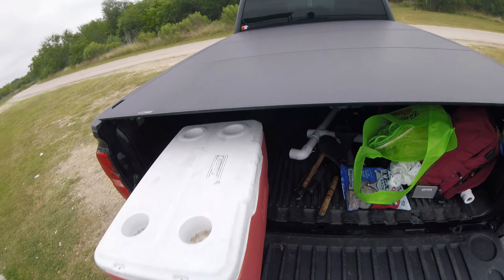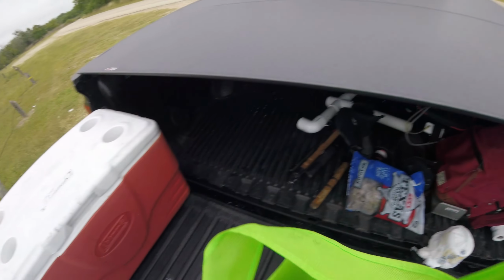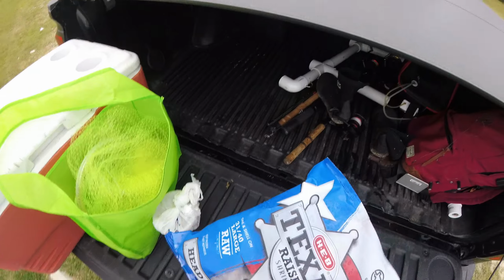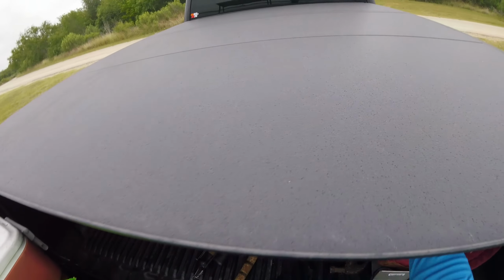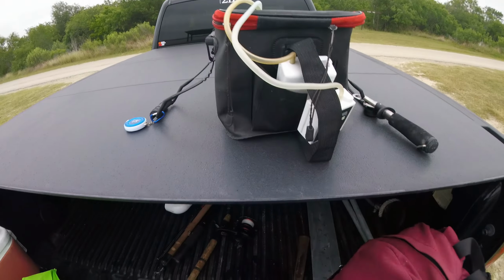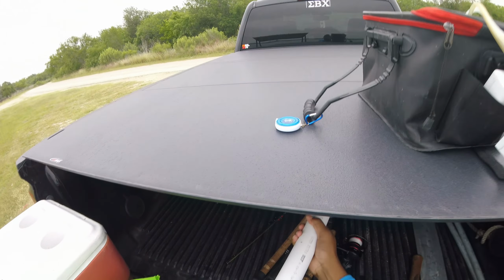Okay, got the cooler, throw net, catch some fish. We brought some chicken liver just in case. Head on shrimp, Texas shrimp. Yep, we got it. Throw that in there. I left it out so it defrosts a little bit. Bait bucket, just in case we get some bait. Tackle box, aka tackle bag, and we cannot forget